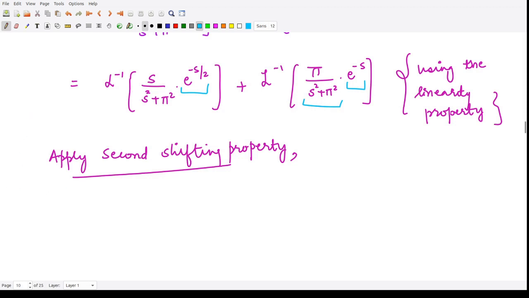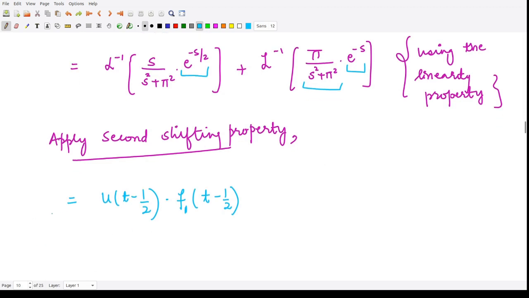The first term here would be u of t minus whatever is the coefficient of s here. The coefficient of s here is minus 1 by 2, and the value of the function calculated at t minus 1 by 2, where f1